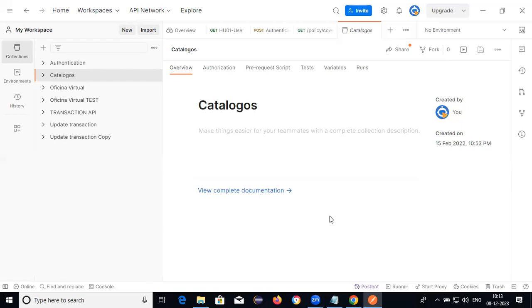What is the first one? Body. Second one, raw. Next one, JSON format. Next one, put.